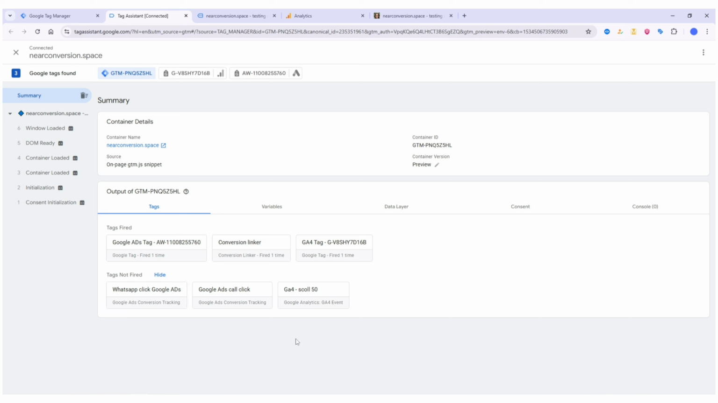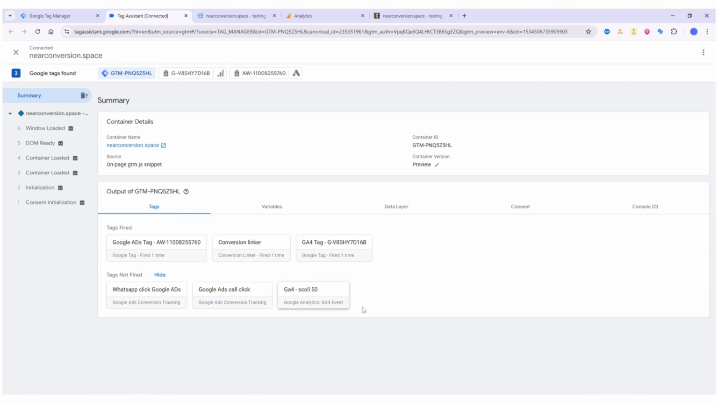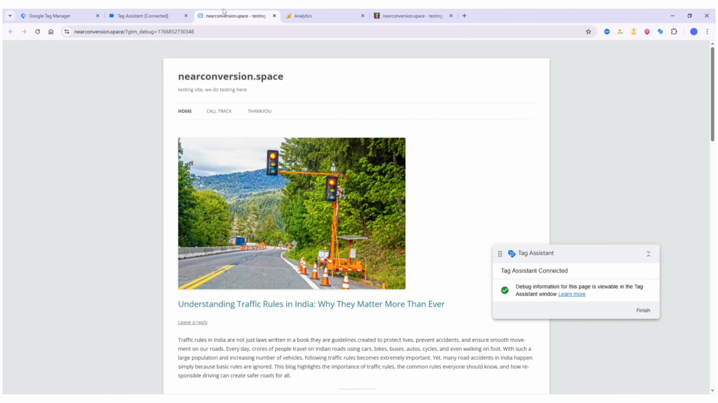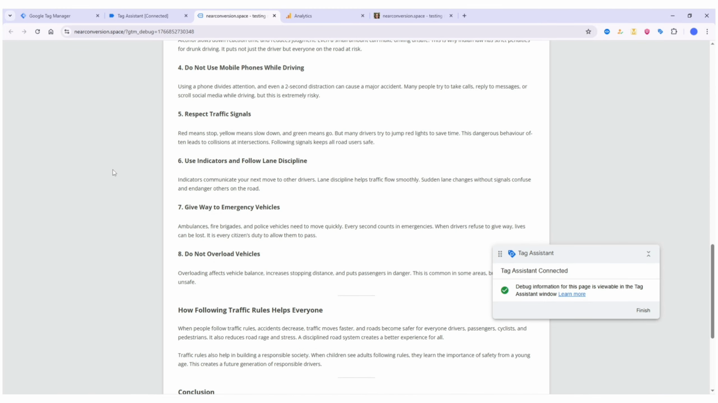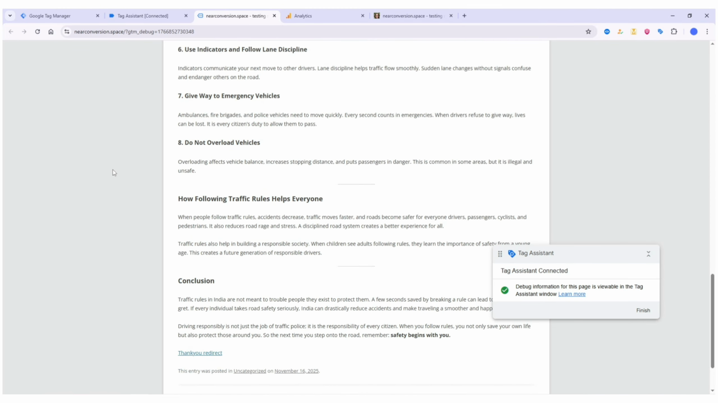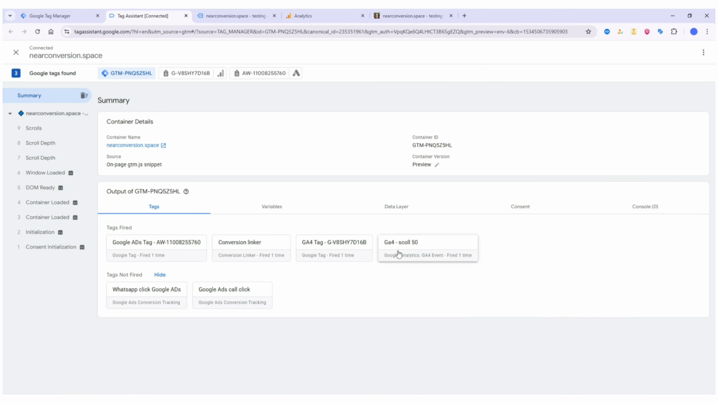Okay, so you can see that the GA4 scroll 50 tag that we have just created is not fired as of yet, and we have selected the summary. So till now, by the time that we have opened up this page, this tag is not fired. Okay, so now what we can do is just try to scroll down, and let's check if this tag is fired or not. Okay, so I have scrolled this page about 50%. So I just check it out, and you can see this tag is now in the tags fired section,